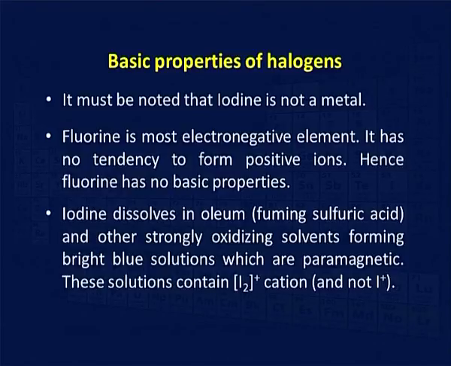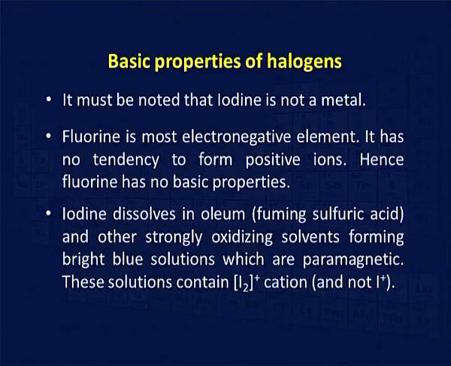Fluorine is the most electronegative element. It has no tendency to form positive ions. Hence, fluorine has no basic properties. Iodine dissolves in oleum. Oleum is nothing but fuming sulfuric acid, and in other strongly oxidizing solvents, which forms